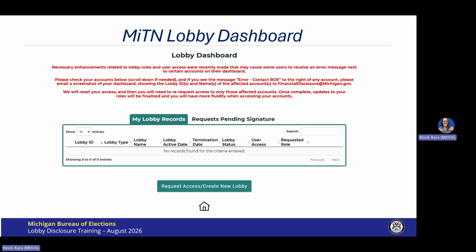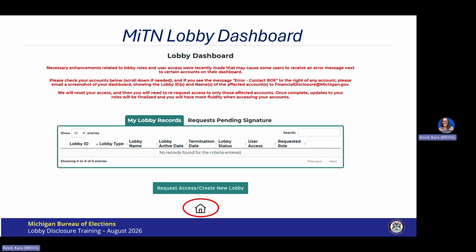This page provides you with a summary list of every lobbyist or lobbyist agent record that you are associated with and provides you with basic details of the registration. The home icon is located at the bottom of the page and looks like a house. This icon will redirect you back out to the main MiTN landing page.